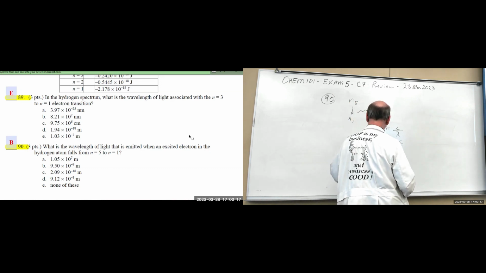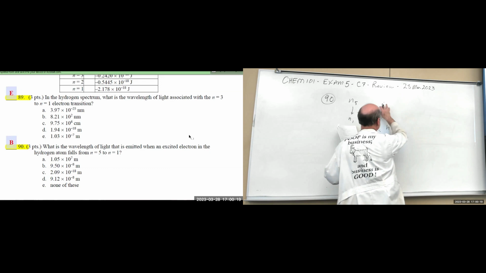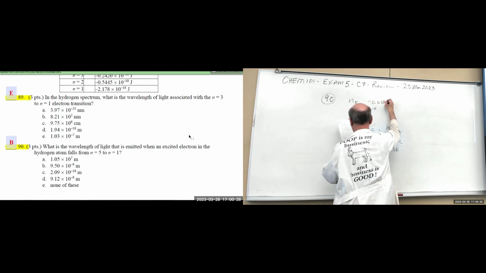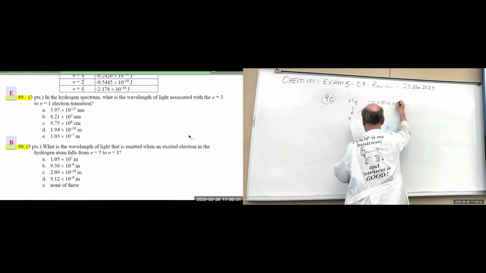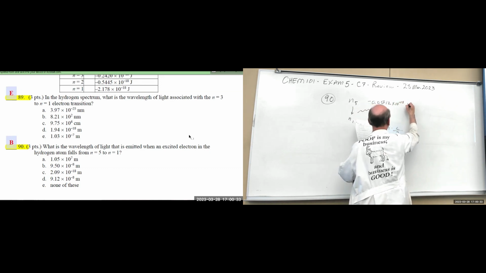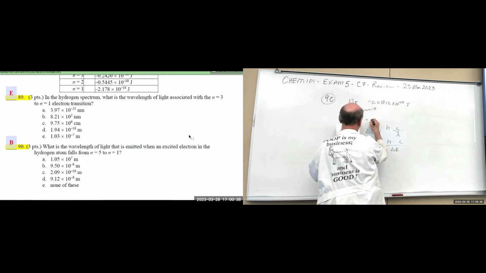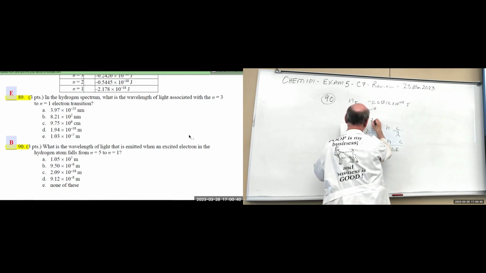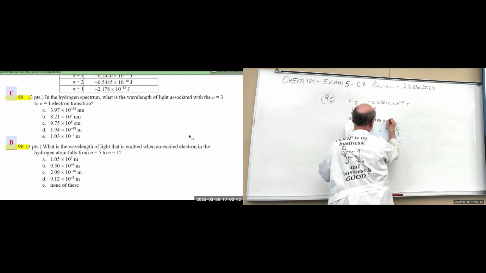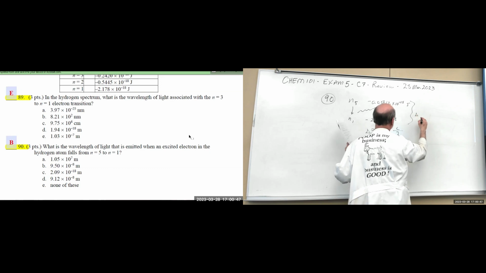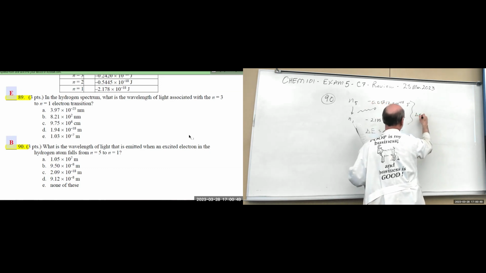Well, 5 is lower energy, as the energy gets higher as you go higher. So 5 is negative 0.08712 times 10 to the minus 18 joules. And N1 is the same as it was before, minus 2.178 times 10 to the minus 18. So the difference between those two, the difference in energy here,